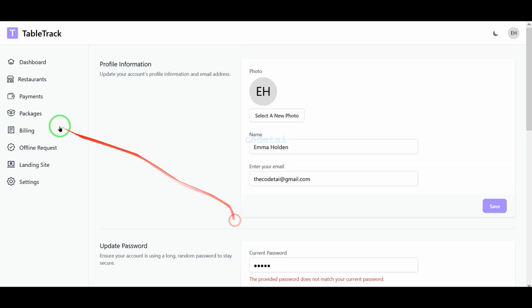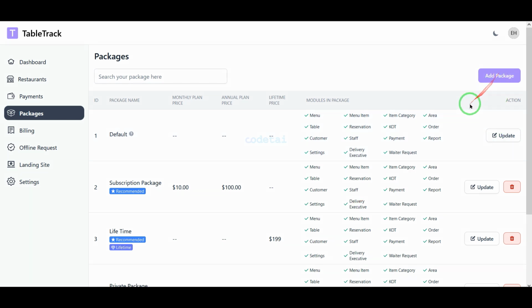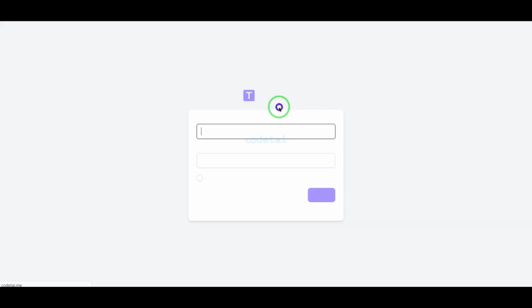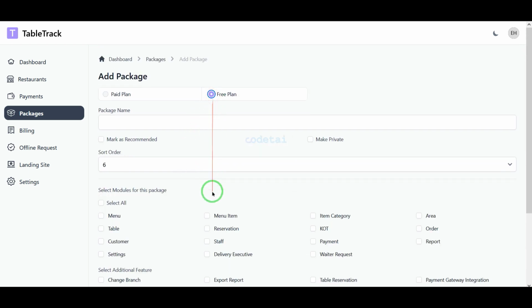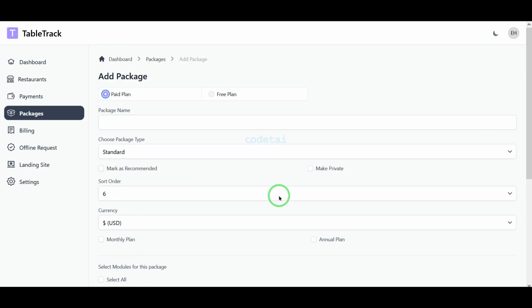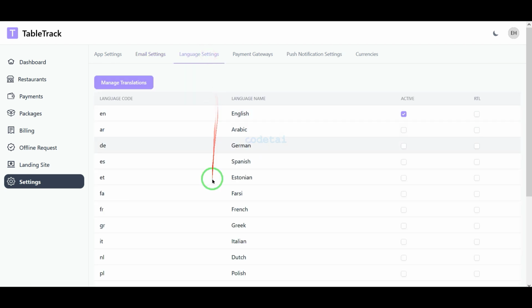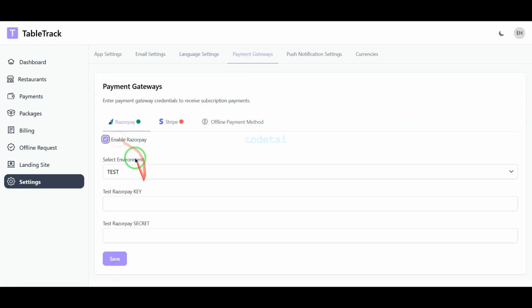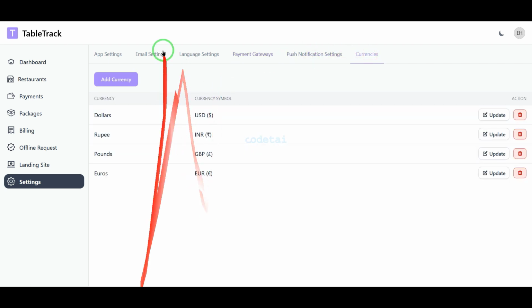We can create unlimited multiple packages through the admin panel, because by selling these packages we can earn a lot of money from this website. Here you will submit the package information as per your requirement. Now you will go to the settings section, because if you want to customize important features and functionalities on the website, then you are getting all kinds of important features in this settings section.